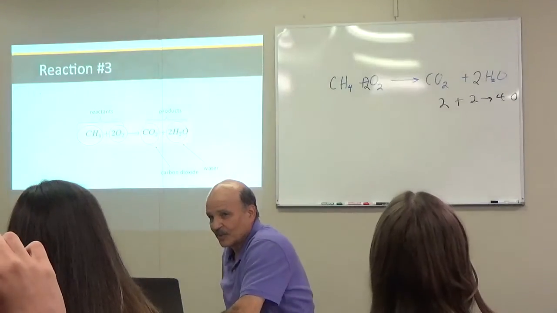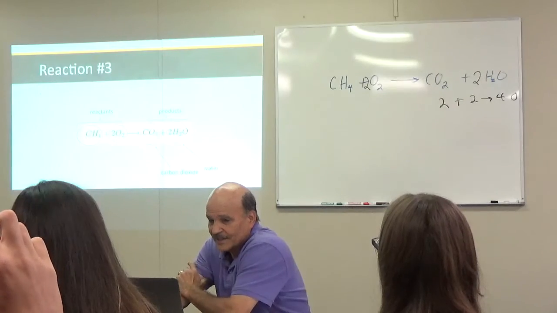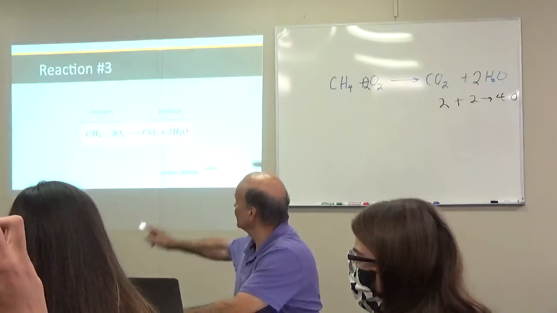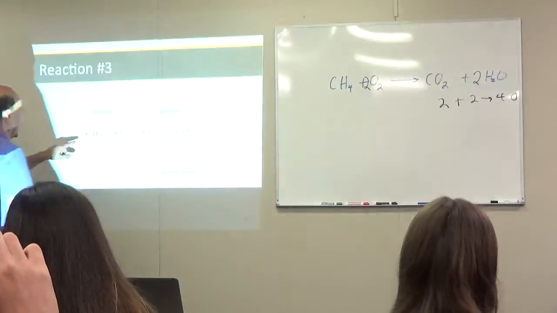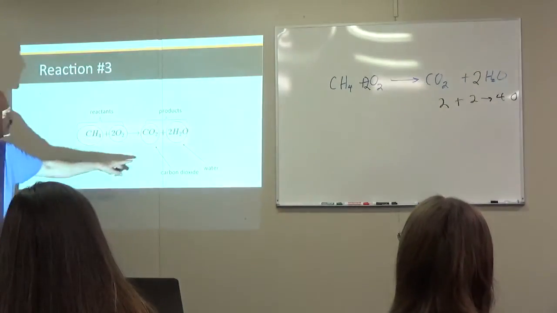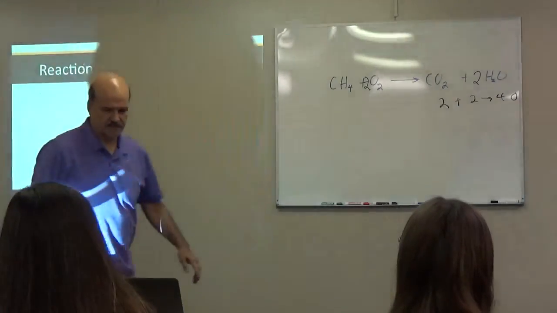dihydrogen monoxide is what water should be called. You'll learn about that in your class, how to name these things. Let's stick with water. This part is also called carbon tetrahydride, but it's just methane, just like this is just water. And this is just oxygen. Okay,